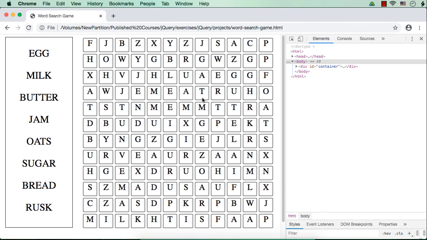Let me refresh. Let me select the words egg. Let me try to find out EGG. Yes, correctly selected. Then next is milk. So let me check for milk. Yes, oh sorry, it is not correct. So let me try to find out. Rusk, RUSK is here. Milk. I could not find out milk. Okay. Yes.